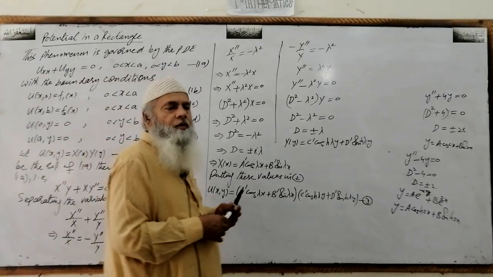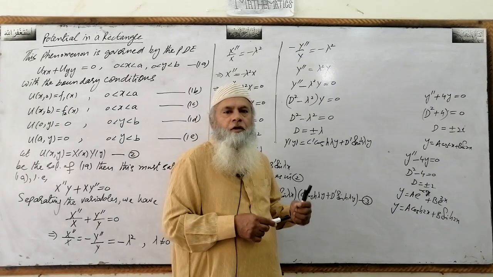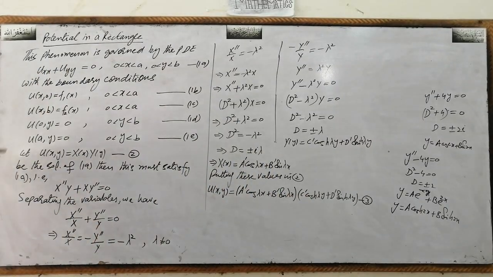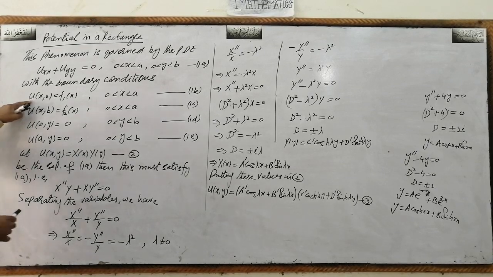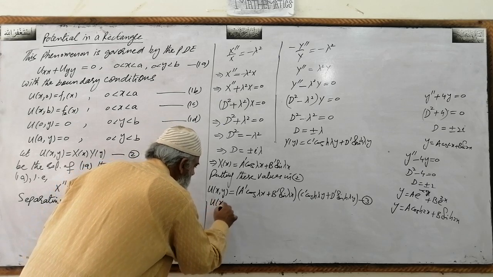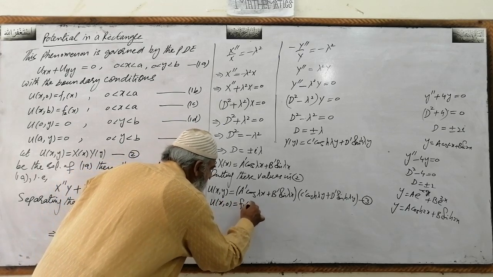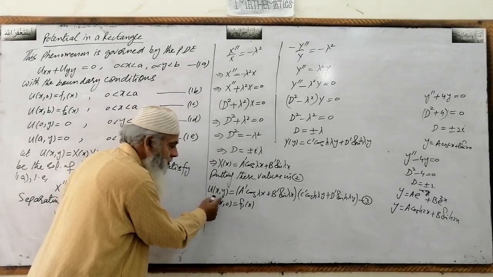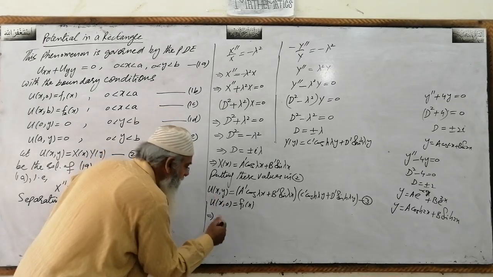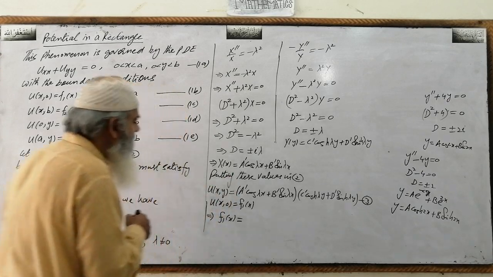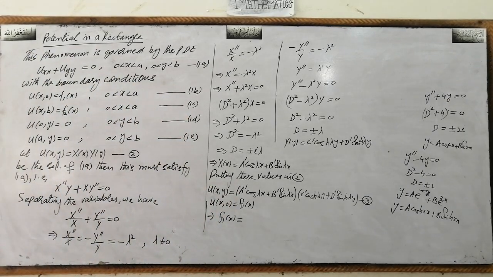Now as you know, in order to find the values of the constants, we have to use the boundary conditions. First of all, use this boundary condition, u(x,0) is equal to f1(x). Now how can you use this? You write here u(x,0) is equal to f1(x), which means when you put y is equal to 0, this will become u(x,0) and this will become f1(x), and on the right hand side when you put y is equal to 0,